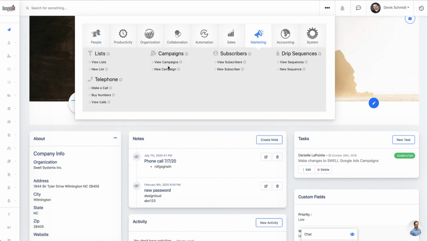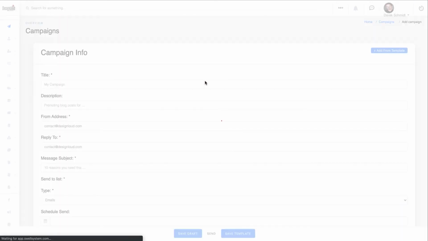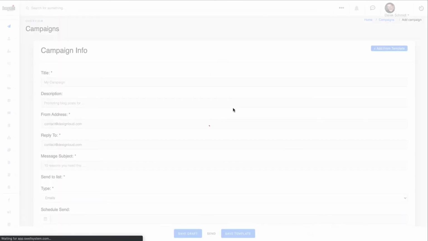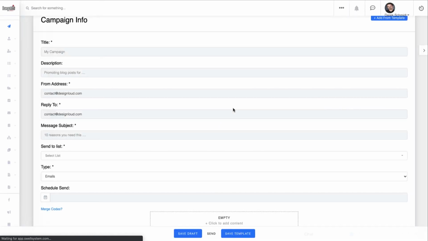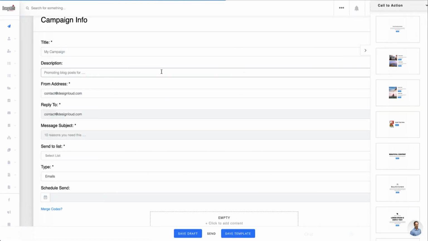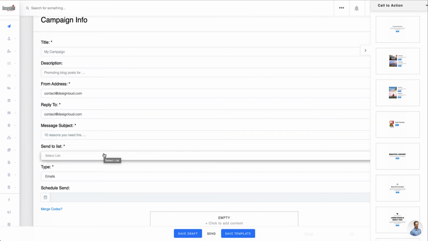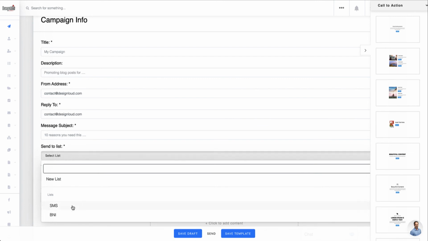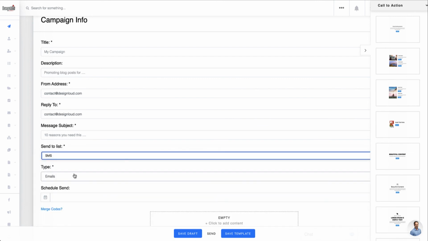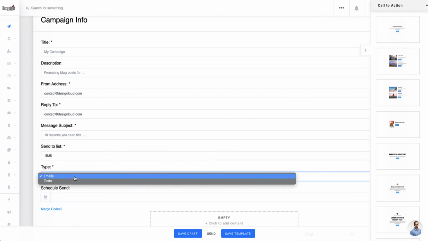And so one last thing I'd like to show you relating to SMS and phone numbers is if you're utilizing the campaign feature in SWELLEnterprise, you have the ability to send mass text message campaigns to your clients. And so to show you an example of what that looks like, I can go through and fill out the title and description, just some things to help me kind of identify this specific campaign. I'd choose a list, so let's say it's my SMS text message list,